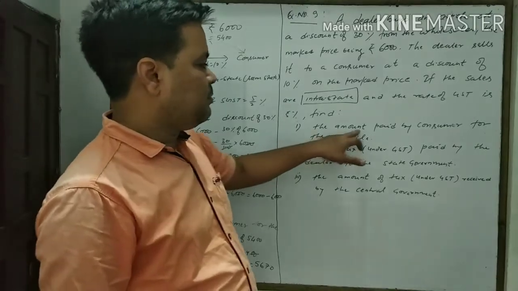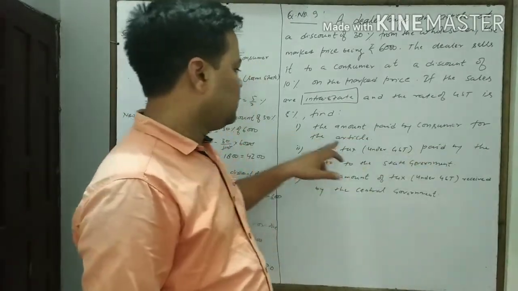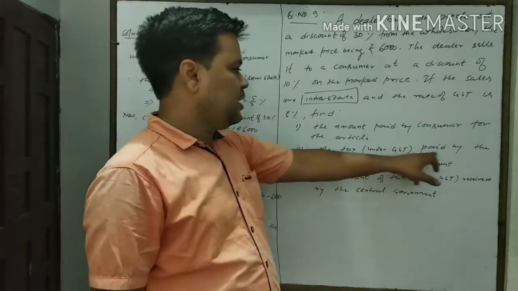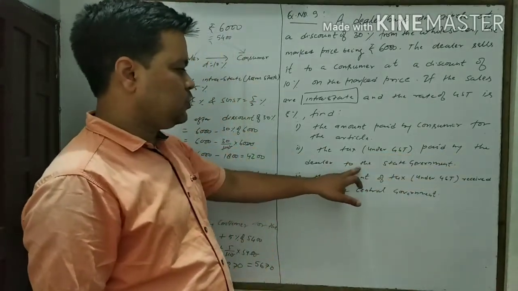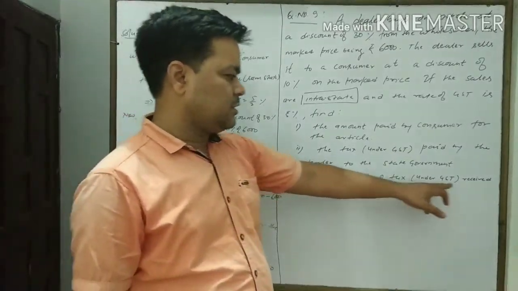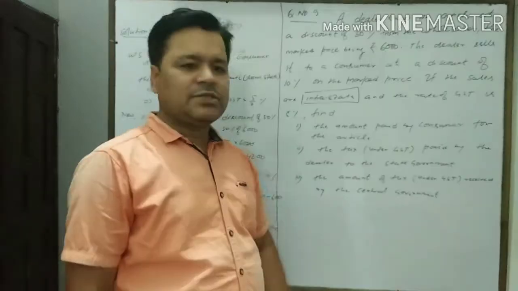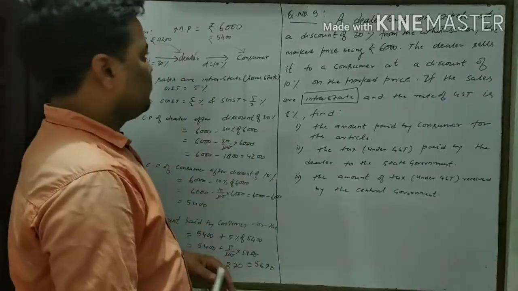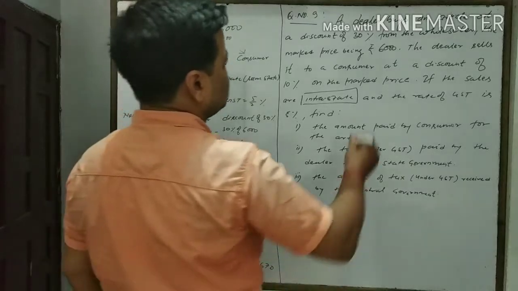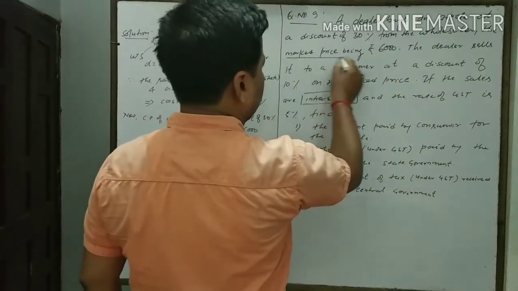The first one, the amount paid by the consumer for the article. The second one, the tax under GST paid by the dealer to the state government. And the third one, the amount of tax under GST received by the central government. So here, first of all, let us see what the marked price is. The marked price of the article is